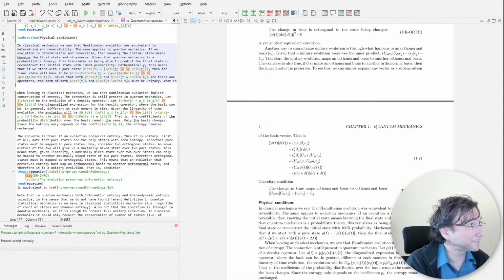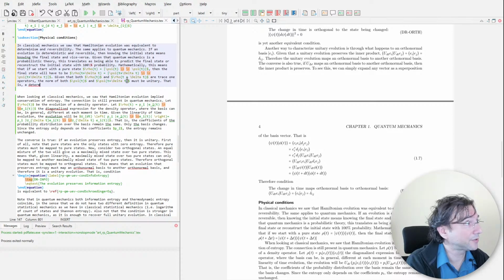A deterministic and reversible evolution must preserve the norm of the vector, must preserve the norm,